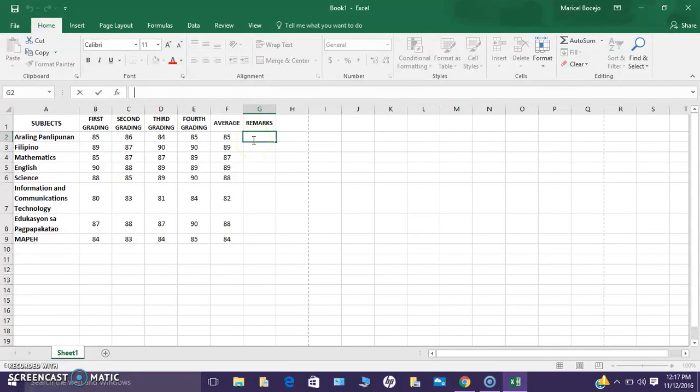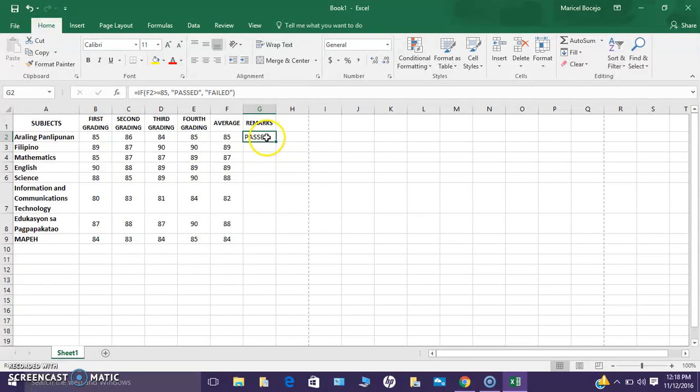So this Pass is the remarks of Araling Panlipunan.